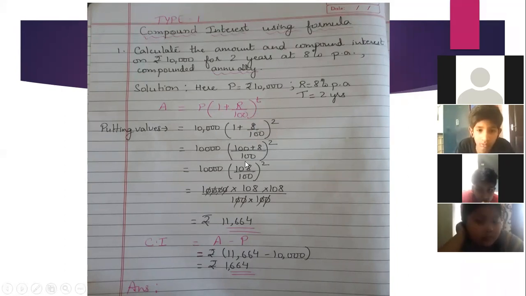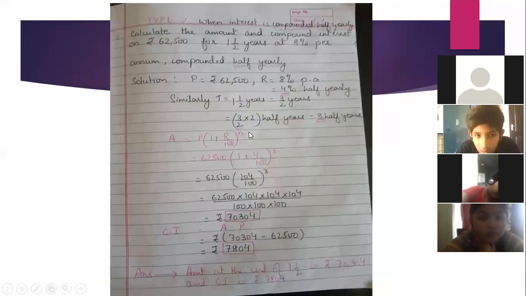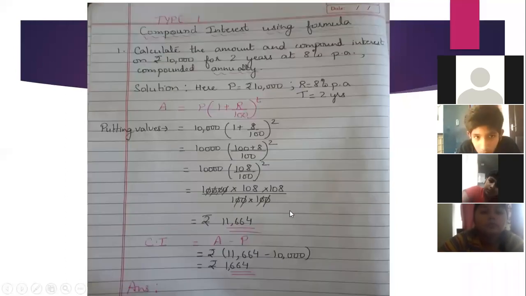1 plus 8 by 100, you take the LCM as 100 and your numerators get affected. Especially this one, multiplication, where you don't see any denominator. So 1 is nothing but 1 upon 1. So when you will cross multiply, this 100 gets multiplied with 1 and you get 100. And here in the denominator, nothing is there, so you assume it as 1. So 1 getting multiplied with 8, you get 8 over here. Very important, because many of you don't understand how from here we get this 108 upon 100.